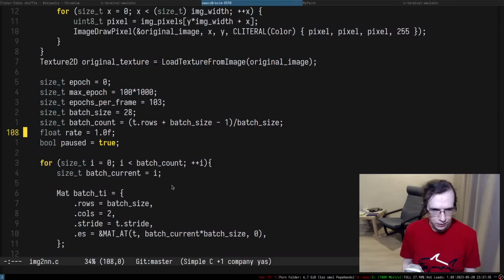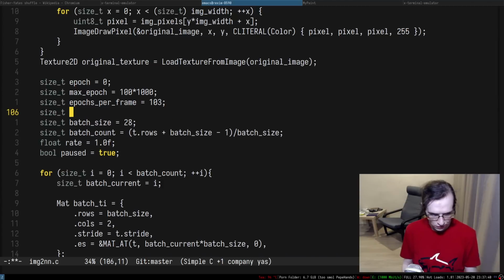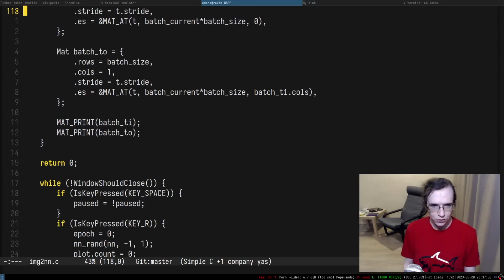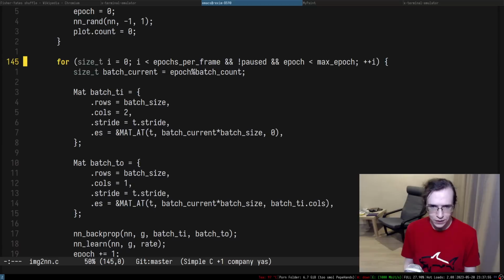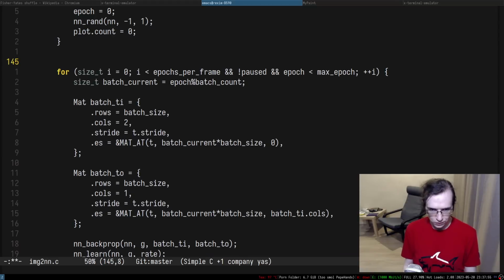So it's going to be size_t batches per frame. So let's say that we're going to have, I don't know, 28 batches per frame. So we're going to have 28 batches per frame, so essentially